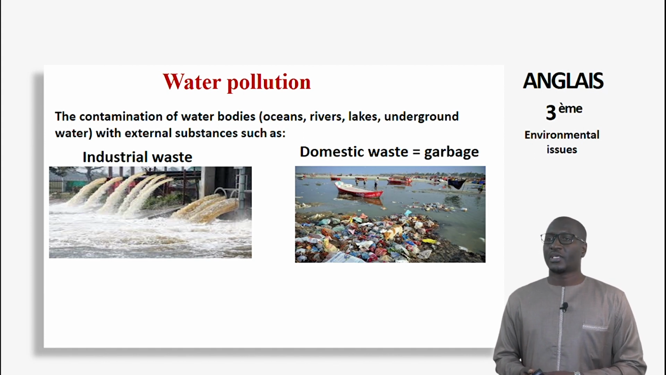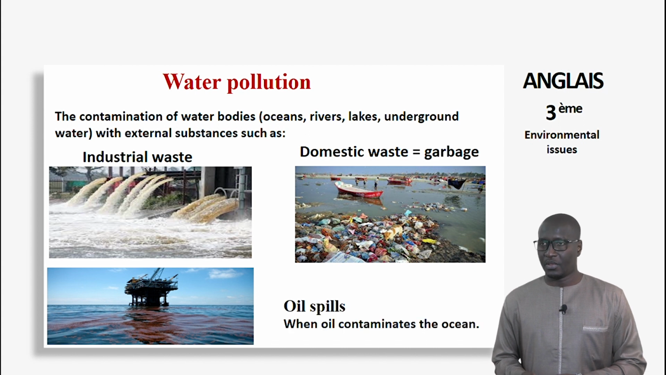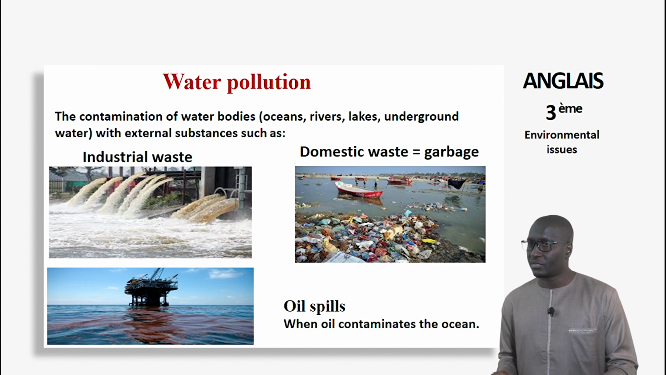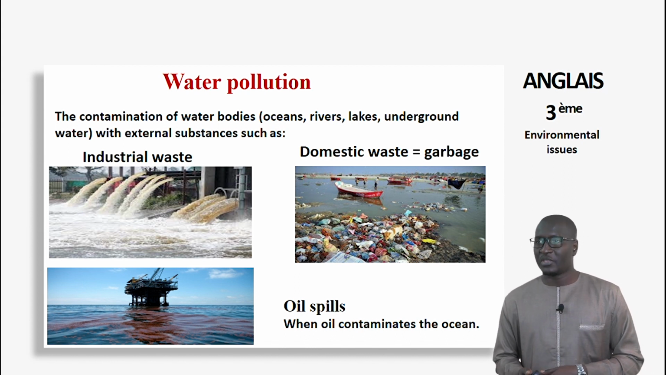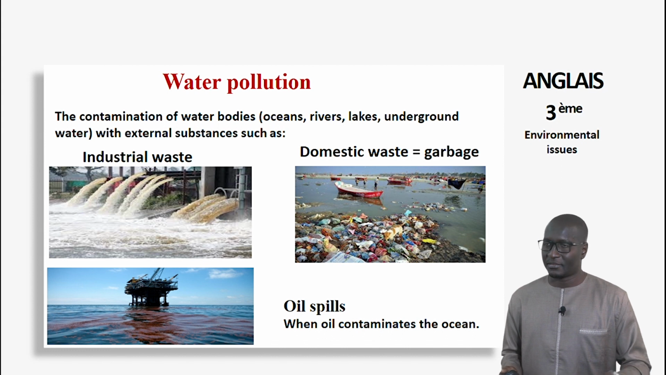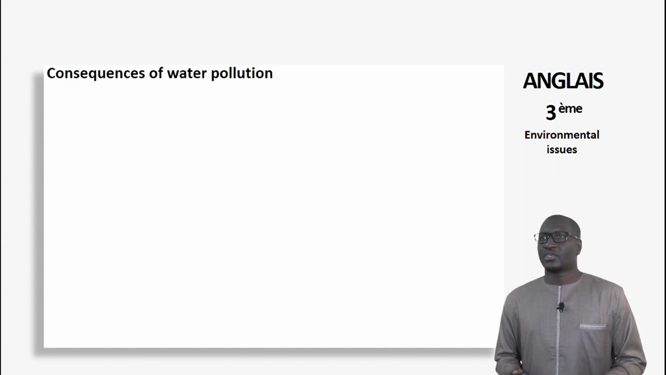So water pollution can also be caused by what is known as oil spills. Oil spills means when oil contaminates the ocean. Can somebody tell me what's the French for oil spills? Look at the picture. Yes, excellent. Oil spills means marée noire. Marée noire, okay? All right, so we also have some consequences of water